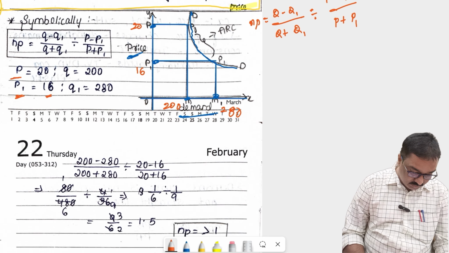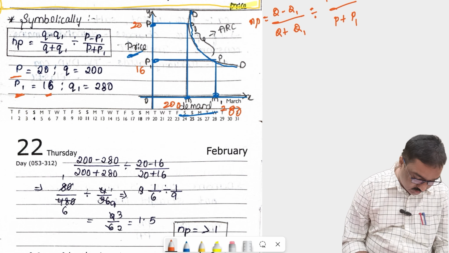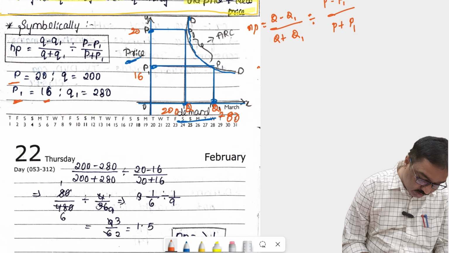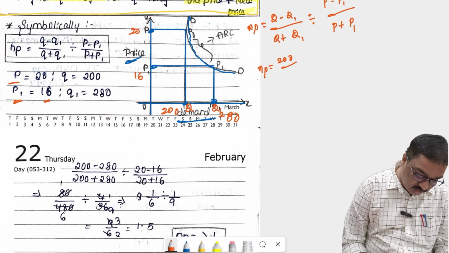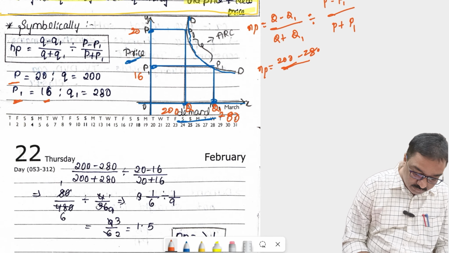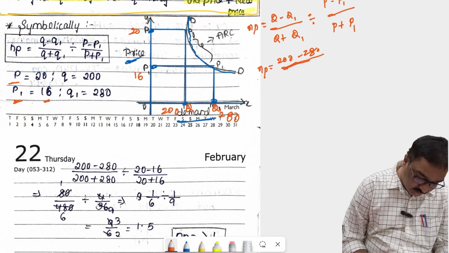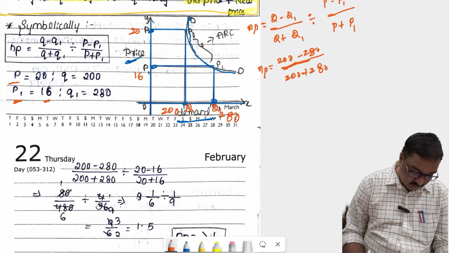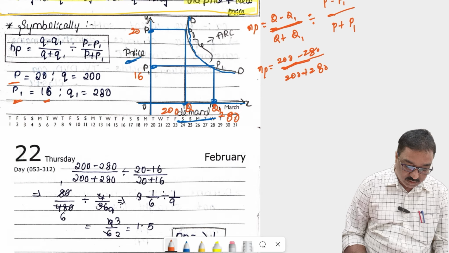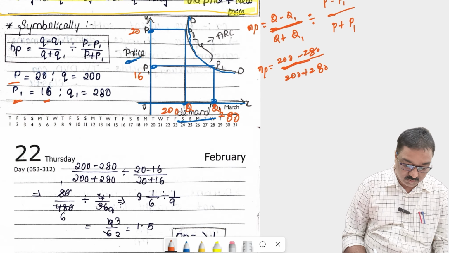If you interpret that simply, here this is Q and this is Q1. Ep is equal to Q minus Q1, 200 minus 280, divided by Q plus Q1, 200 plus 280,